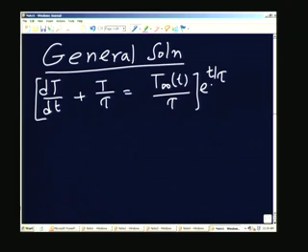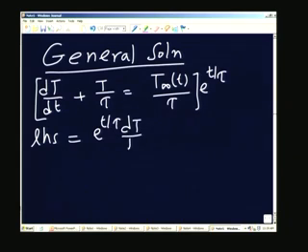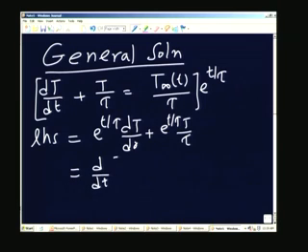If I multiply these two, the left hand side becomes e to the power of t by tau dT by dt plus e to the power of t by tau multiplied by T by tau, which is nothing but d by dt of e to the power of t by tau multiplied by T. You can verify that. So, the right hand side is equal to then T infinity